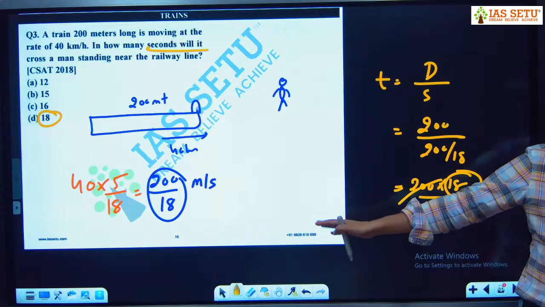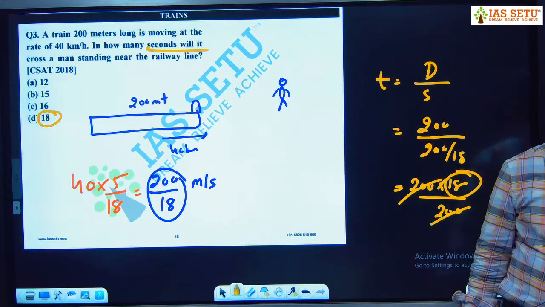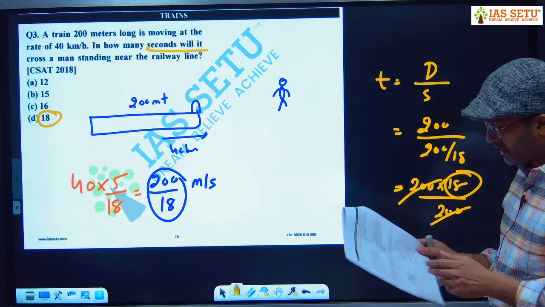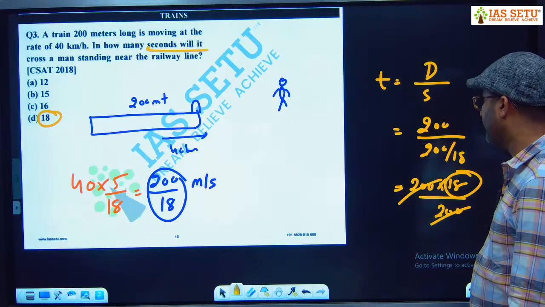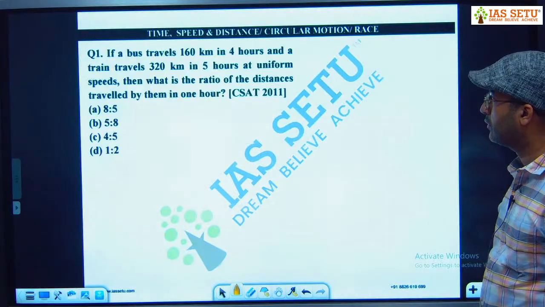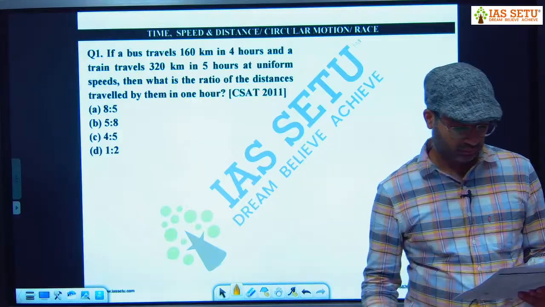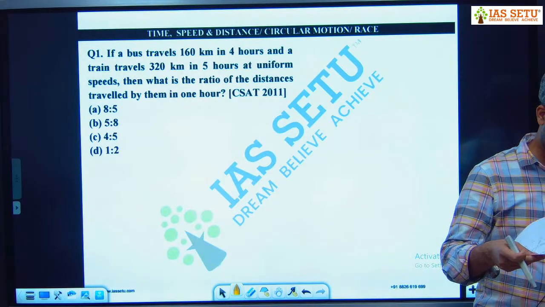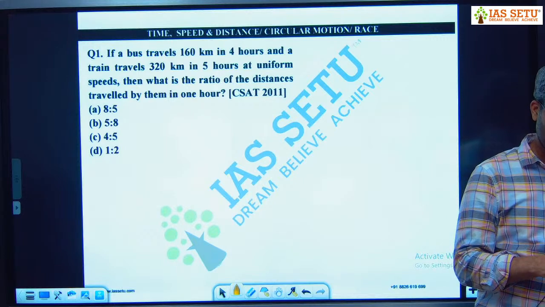इज दिस क्लियर? सबसे इजी क्वेश्चन ये तीनों में से। नेक्स्ट, टाइम स्पीड डिस्टेंस। सही चल रहा है, एक पेज खत्म हो गया, 2 पेज 2 घंटा हो गया।